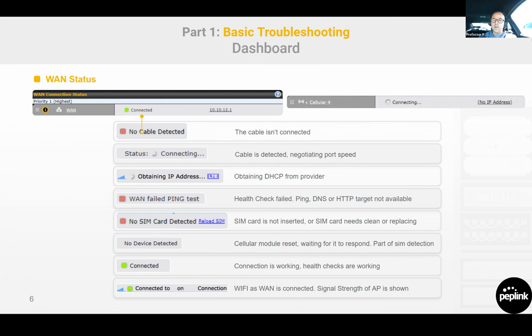That is a healthy startup of a cellular module. But we have Ethernet WANs and cellular WANs. And so here's what each of these different ones means. No cable detected. That would apply to Ethernet WAN, and that means it's not detecting an Ethernet